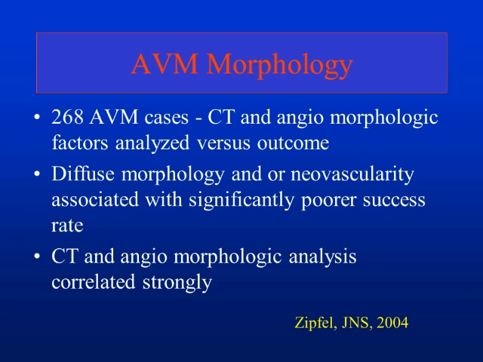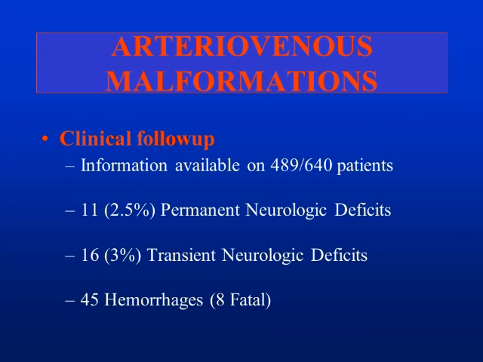So we went through and categorized them as diffuse or compact, and the diffuse morphology, as you would suspect, was associated with significantly poorer outcomes, and that again relates to targeting. The harder it is going to be to define the target, the lower the success. Now, what about complications? So here's